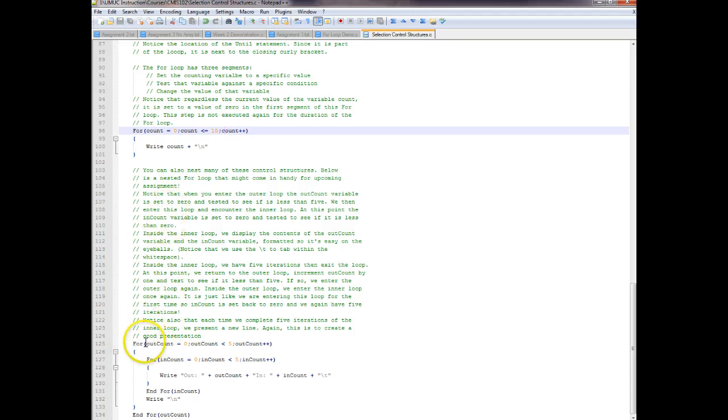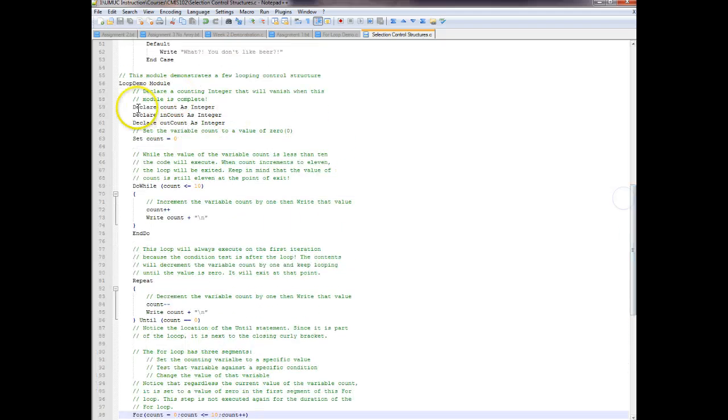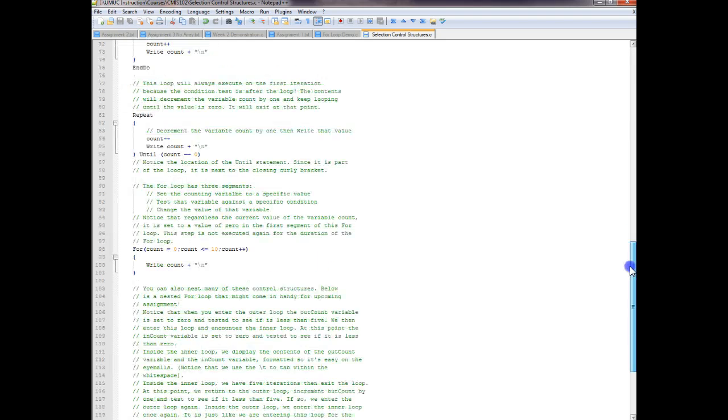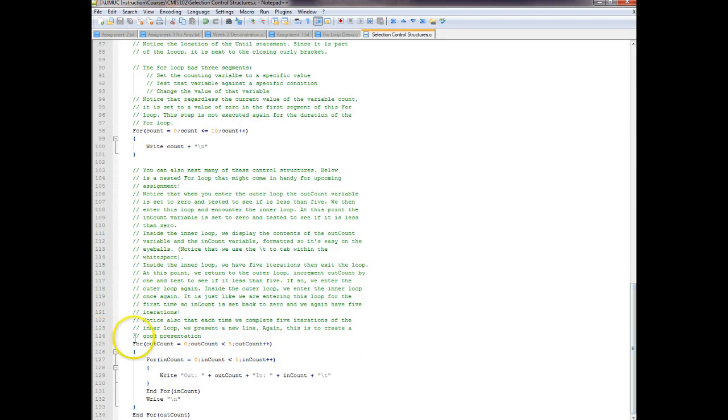So we come to this for loop, and now we have outcount and incount that are declared up there at the top of this module. So the value of outcount is set to 0, and it's tested to see if outcount is less than 5,